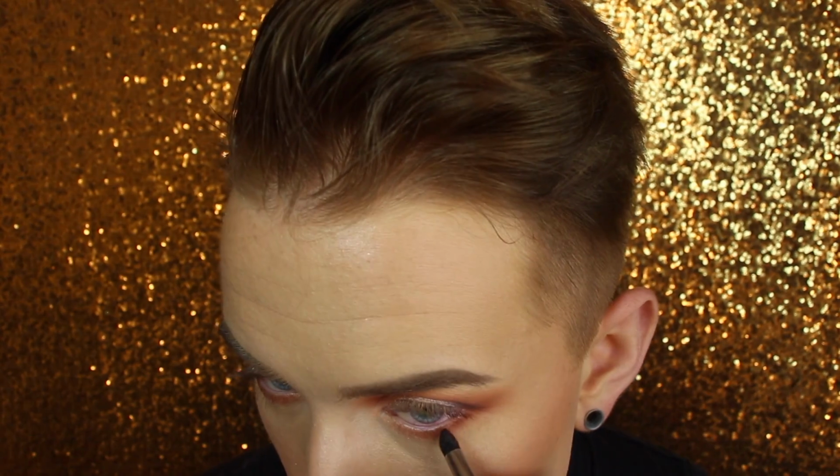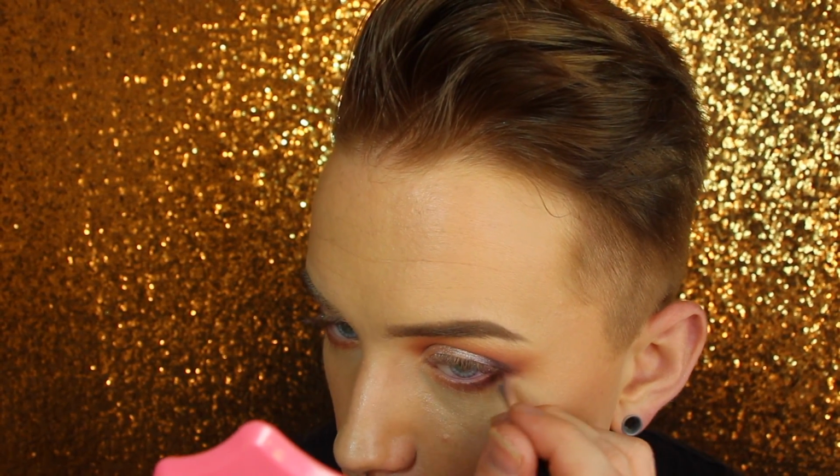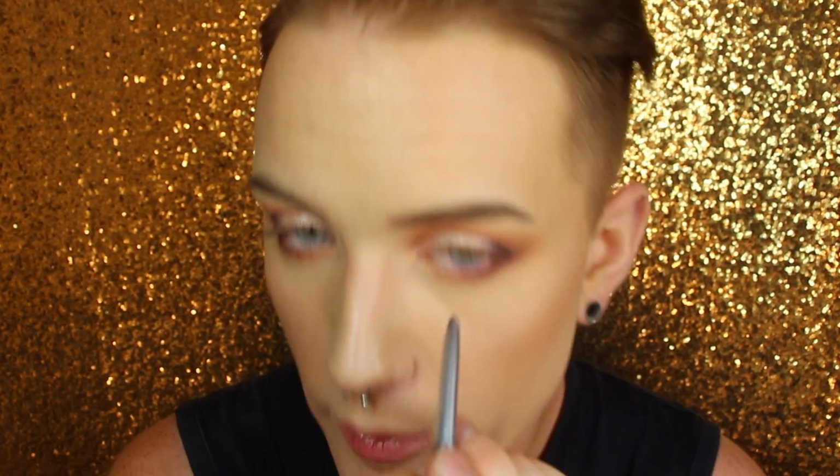And then I'm gonna take more of that Sketch color and run it underneath my eye as well. And I always like to connect the bottom part of my eye to the top with the same color, so that's kind of what I'm doing right now. And then I'm going to be running this Intense Aubergine Quick Liner from Clinique on my waterline. This eye right now,